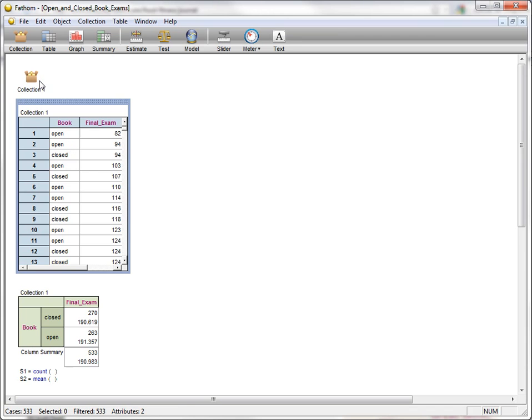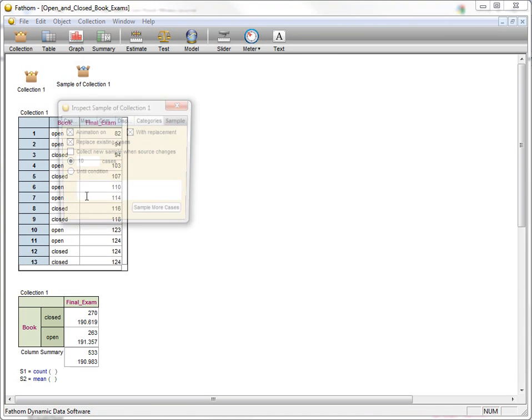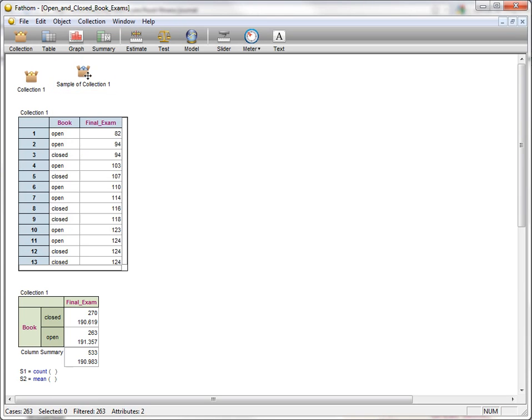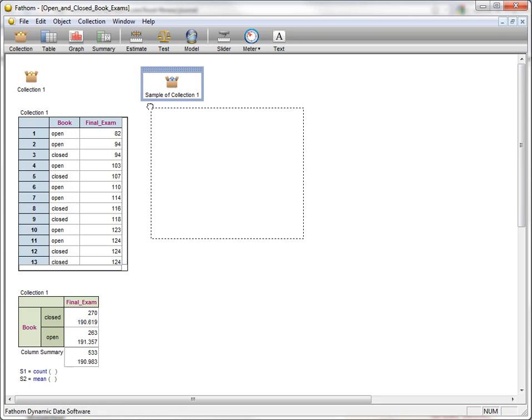So recall that we do this in Fathom by sampling cases. Okay, we don't want to sample 10 cases now. We want to sample 263 because I'm going to synthetically create groups of size 263 to say, okay, what is a group of size 263? What does its mean look like if the distinction between open book and closed book doesn't matter? So that's why I've changed this 10 to 263. I'm going to shut the animation off, make sure I sample without replacement. And let's take a look at one of our samples right here. We see that we do indeed have